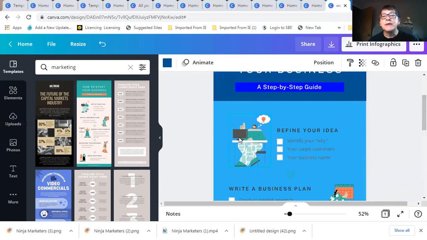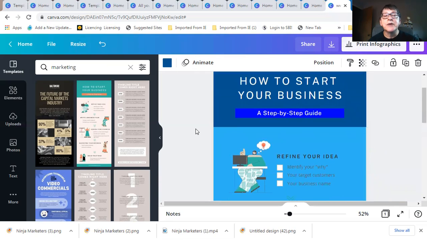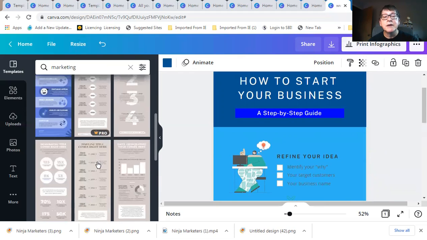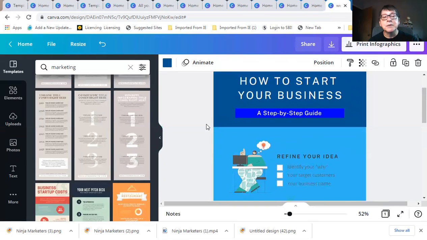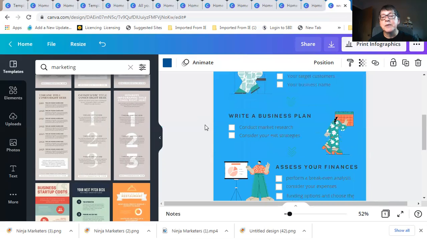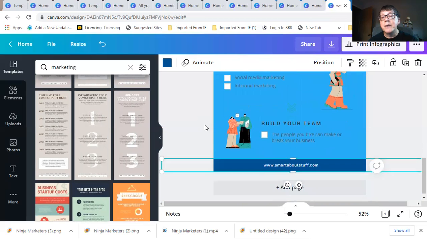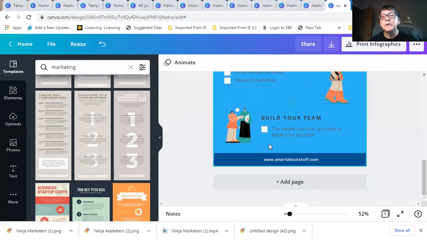But the point is, there's two ways that you can easily create infographics in Canva. You can either just grab a template and then put in your own information, or you can find one that's already completed and just go ahead and brand it to yourself. Either way works. I promise you,